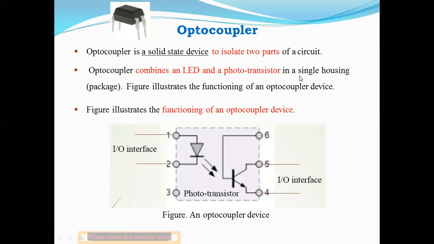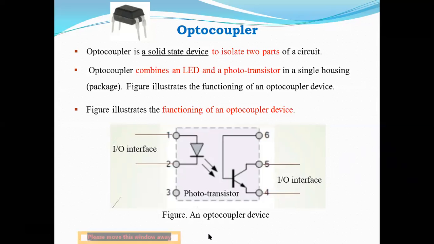So what happens in the TV? Suddenly, suppose a high voltage comes. If it is connected directly to the TV system, there is damage to the TV, right? So the stabilizer is put in between so that it stabilizes whatever input voltage you are getting. It should not affect the TV. In that way, think of the optocoupler: it isolates whatever the input is, so that it does not affect the output.